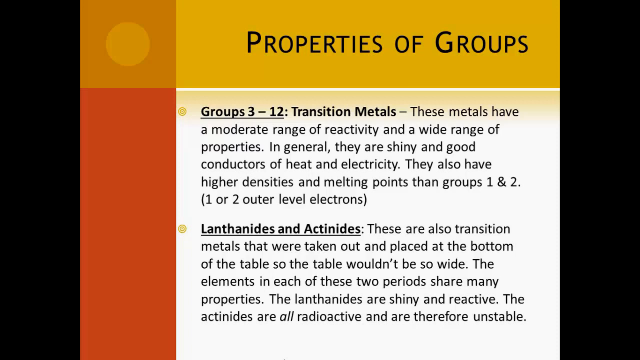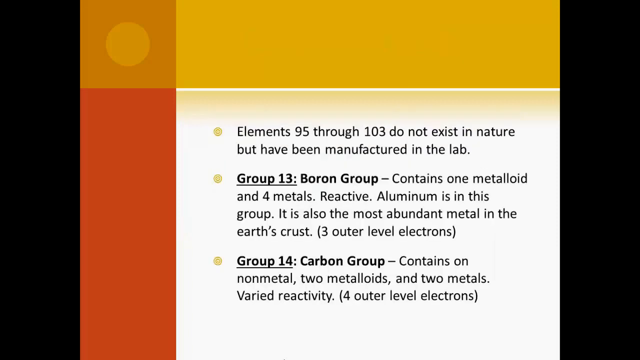The actinides, which are the very bottom row, are all radioactive and therefore extremely unstable. Elements 95 through 103 do not exist in nature. They have actually been made in the lab, and that is true for almost all the elements above 103 as well. Now skipping back over to group 13, this is the boron group